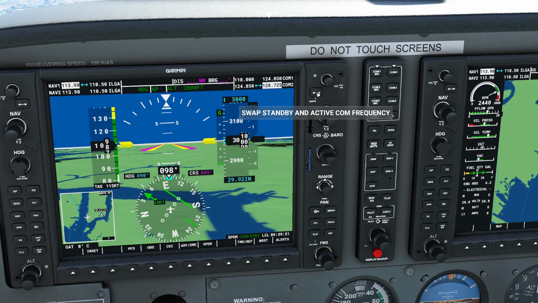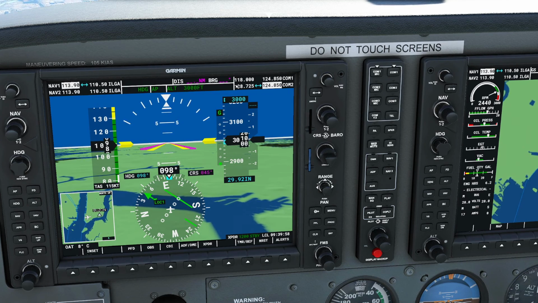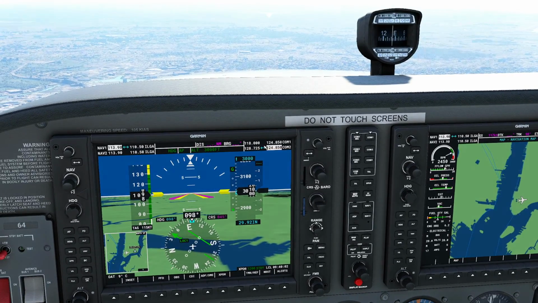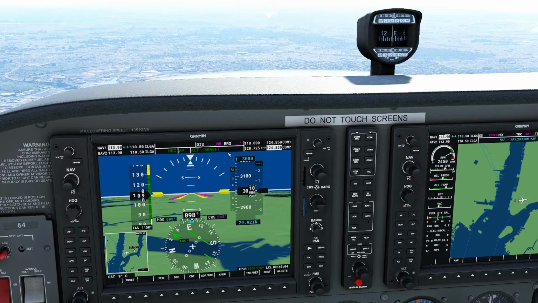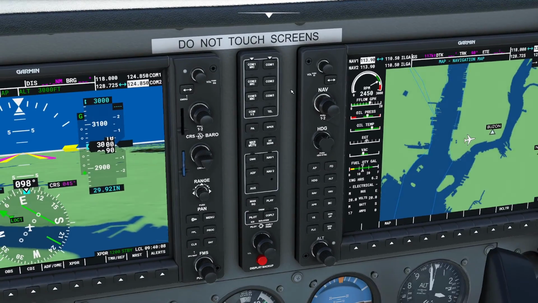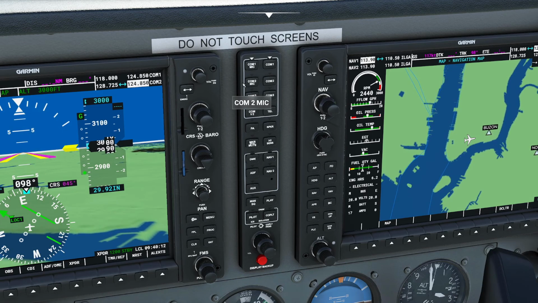Perfect. So now I'm going to press this button and load that frequency, which is the ATIS frequency, or AWOS, however you'd like to call it, into this. Now you're noticing there's no sound coming from the radio. The reason for that is that most radio systems have what they call a comm panel, or mic control panel, that gives us the ability to turn on and off the audio as well as the transmission on